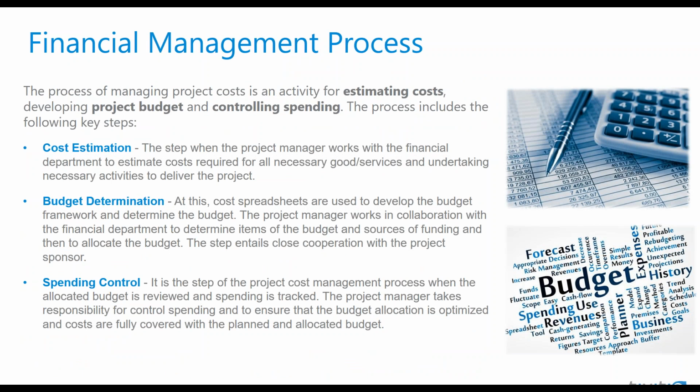And in the financial management process, we talked about three key areas: one of cost estimation, one of establishing a budget by which we would manage to, and then exercising spending control during the life of the project to make sure that we bring it in as promised for the costs that we committed to. So these are areas, if you're just focused on the financial management process of things, that are important. And we covered this, and we have a recording for our last webinar of Project Financial Planner available to you on our website, and we'll show you a link to that later on.